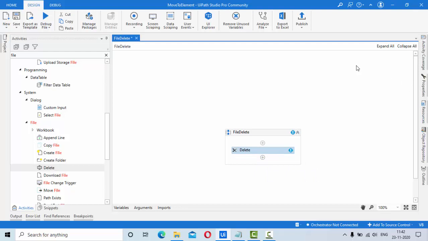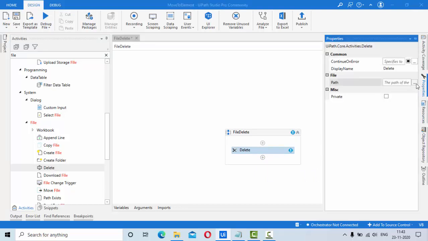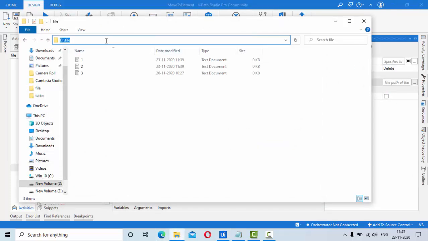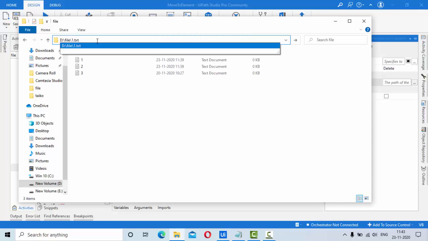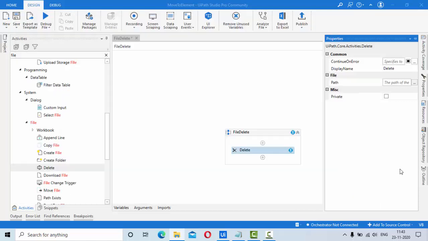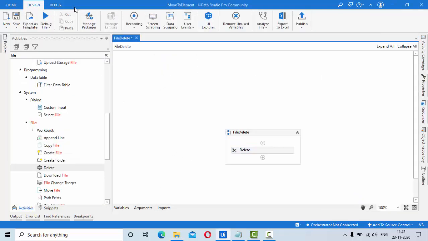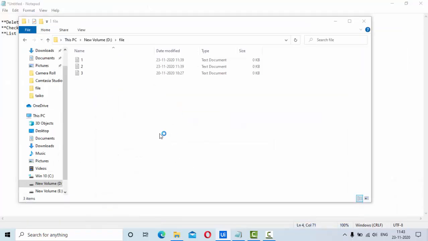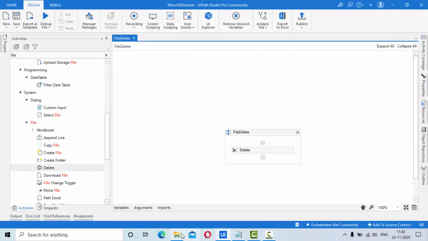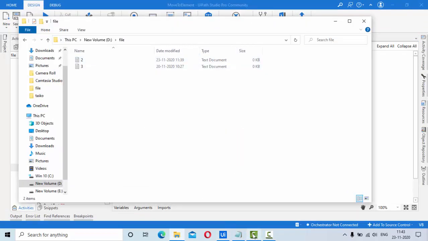For this, the properties are like this. We have to give which file that we want to delete. So I have gone to this particular folder and I have selected this particular file called one.txt. Copy this entire file location, come back here and paste that location here. Okay, then that's it. Run it. This should ideally delete the one.txt file. So as you can see, it completed running. Now it deleted it. That's good.